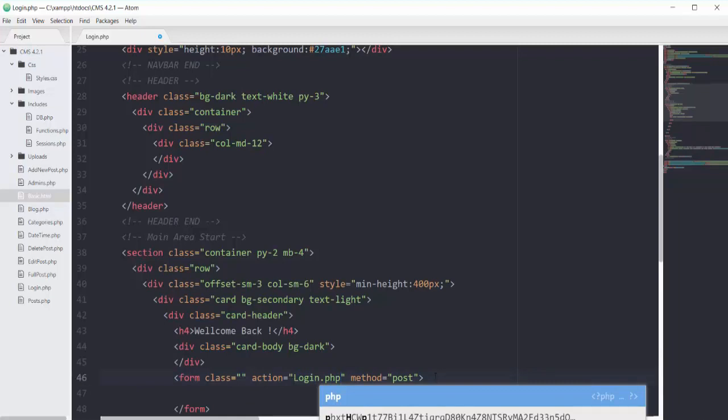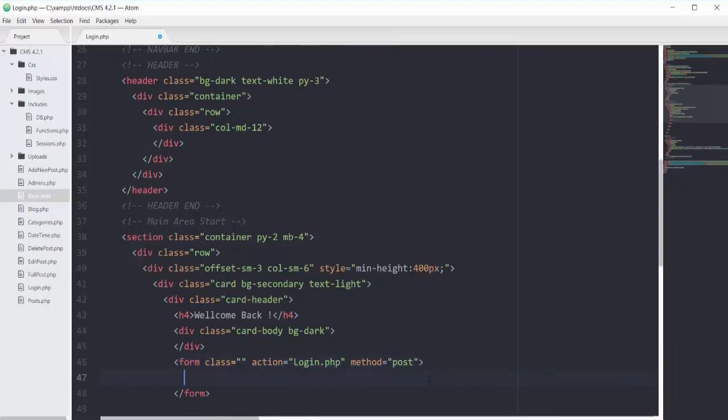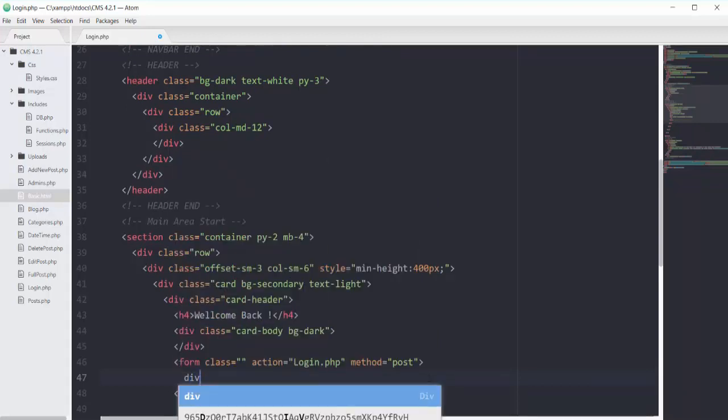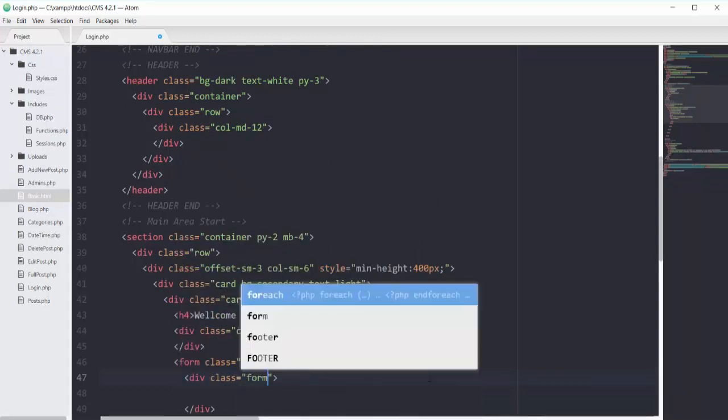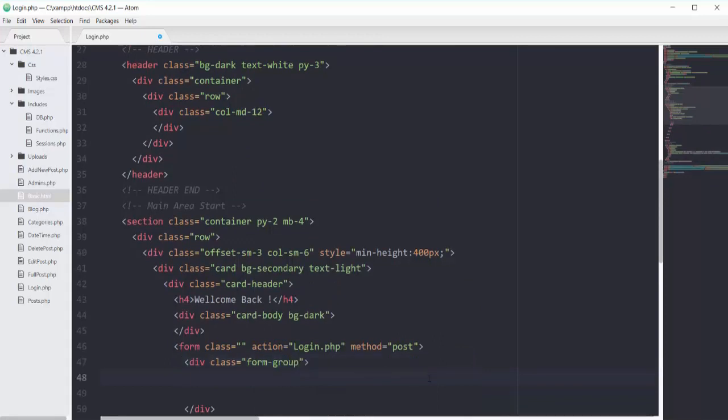Now inside this form, let's add a couple of fields. So adding one div with the bootstrap class of form-group, and then adding a label here.